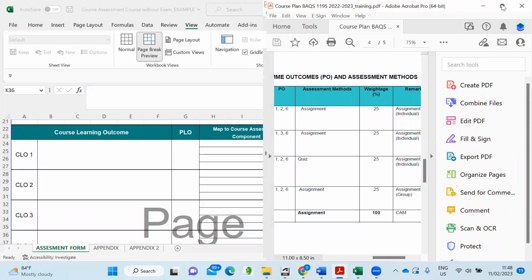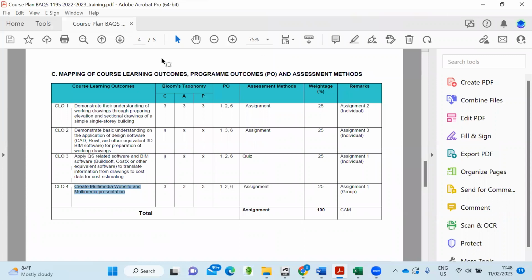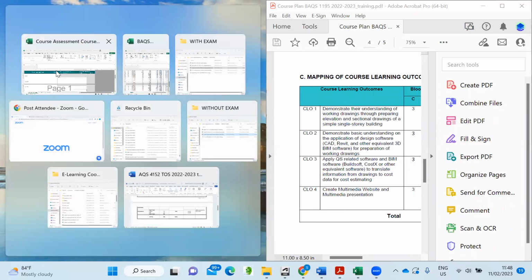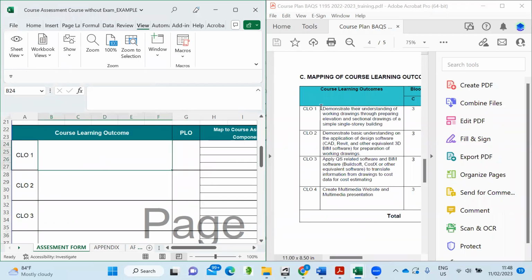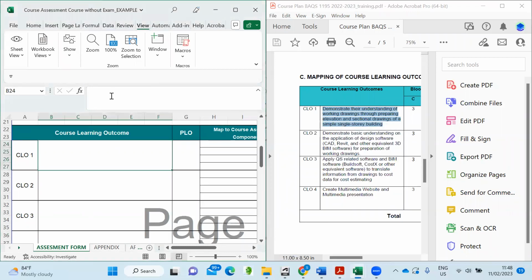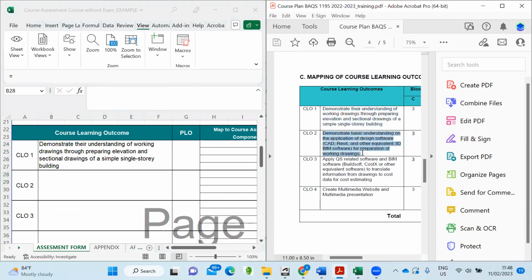So for example, this is my course plan. In section C of the course plan, we have the course learning outcome, program outcome, and assessment method, the mapping. So we can use this information and transfer this to the assessment form. For example, for CLO number 1, you can just copy and paste. CLO number 2, copy,